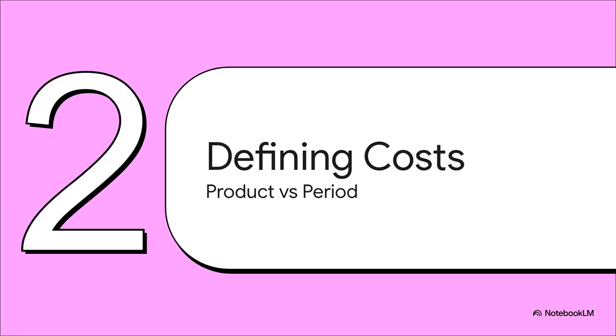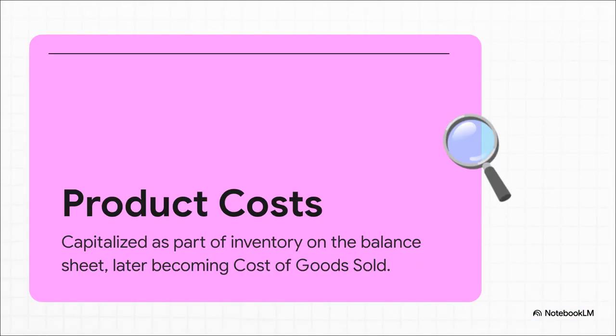To answer that, let's move to section 2, defining product and period costs. Basically, there are two distinct paths a cost can take, and it's based entirely on a manufacturing versus non-manufacturing framework. First up, we've got product costs, which you'll also hear called inventoriable costs. These are costs traced directly to the manufacturing process itself. Think about a welder's hourly wages, or the actual sheet metal they're welding to build heavy equipment. Because these costs are actively building an asset, your inventory, they get capitalized. That means they land right on the balance sheet first. They only become an expense, specifically cost of goods sold, when that piece of inventory is actually sold to a